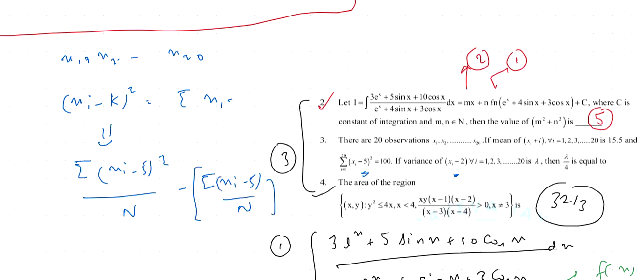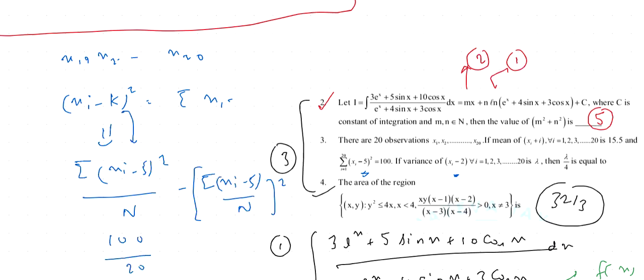Fine. So this value is basically this kind of expression value, and the k value will fluctuate, but the variance will not change, right? So this value is given, that is 100, and the number of terms is 20. So it is 100 divided by n, that is 20, minus